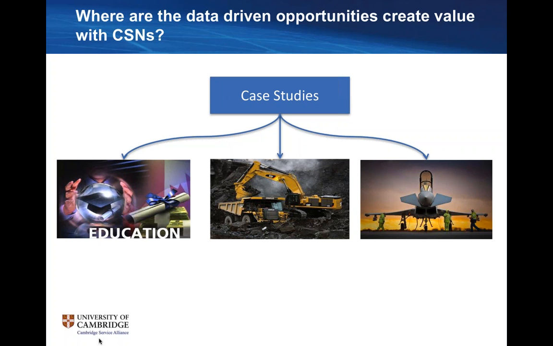Then the last case is about BAE Systems, which is about availability contracts. BAE Systems supports aircraft and huge ships as well. There's an availability contract between them and the MOD that allows them to do the maintenance in a proactive way. So the data here is playing a big role again in monitoring these assets.